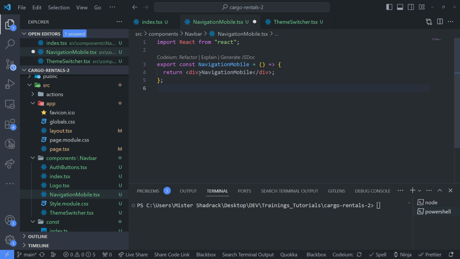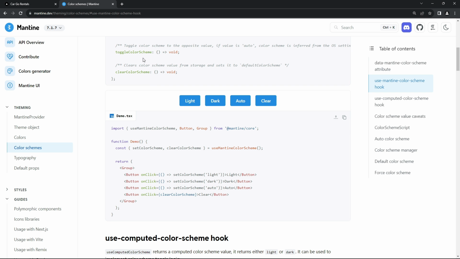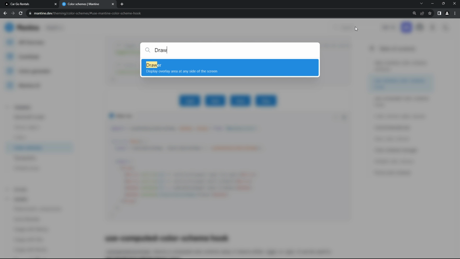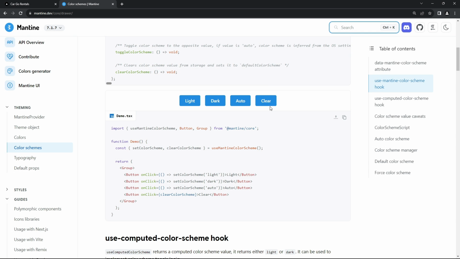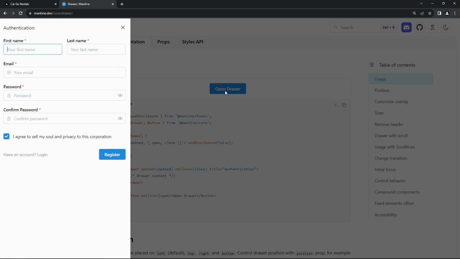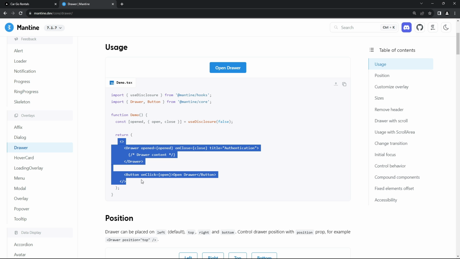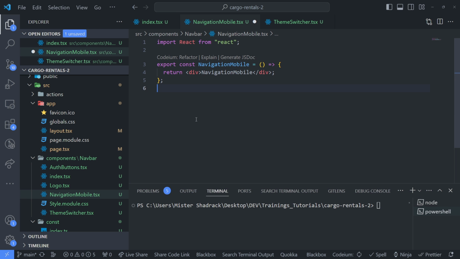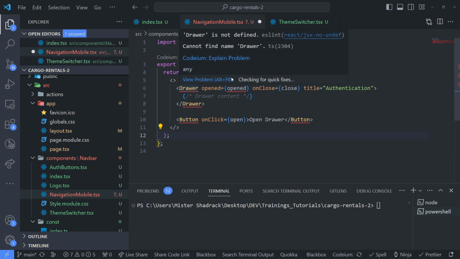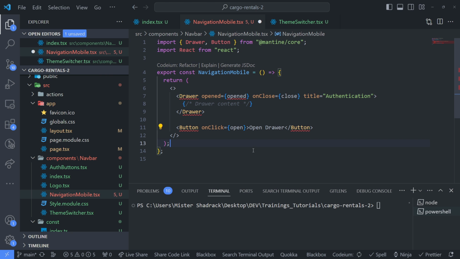and here I'm going to use a drawer, because the navigation is going to be in a drawer. So if I go to Mantine and I search for drawer, so this is a drawer. If I click on it, as you can see, by default it opens from the left side. So I'm going to copy this, and then I'll come here and replace it with this, and then I have to make sure I import everything, add the missing imports,